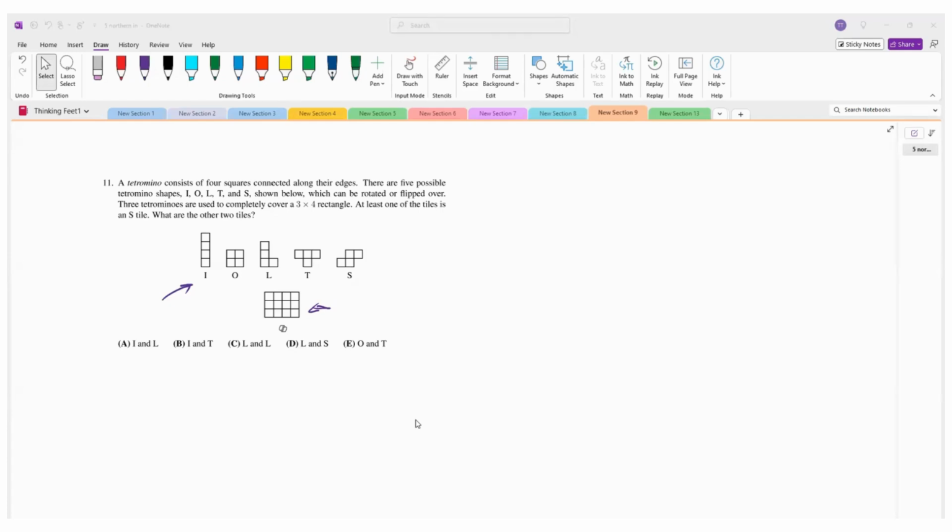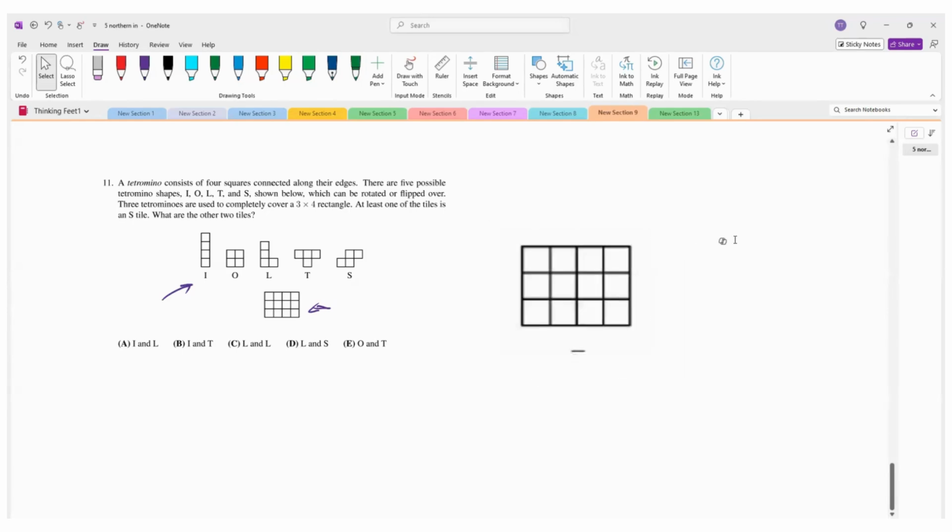So let me make this picture a little bigger. And my first approach here was to consider this. So the S tile has 4 squares. So I was trying to see where I could place it. My mind went here, but then if I do that, I get 1 square that is isolated that I cannot fill. So it's got to be placed somehow differently. So that brought me to this type of a